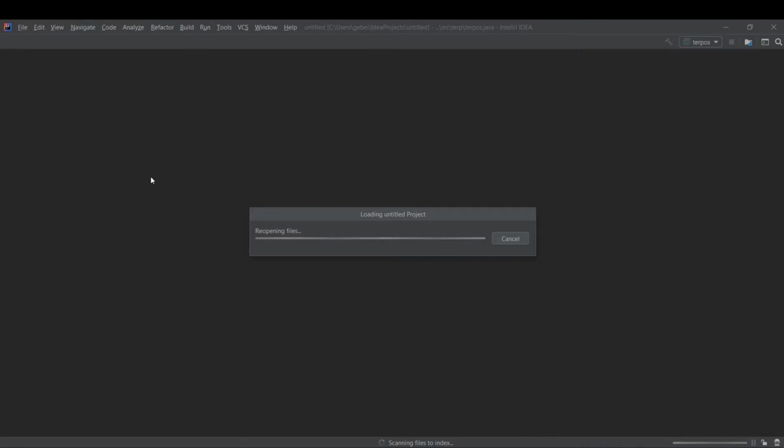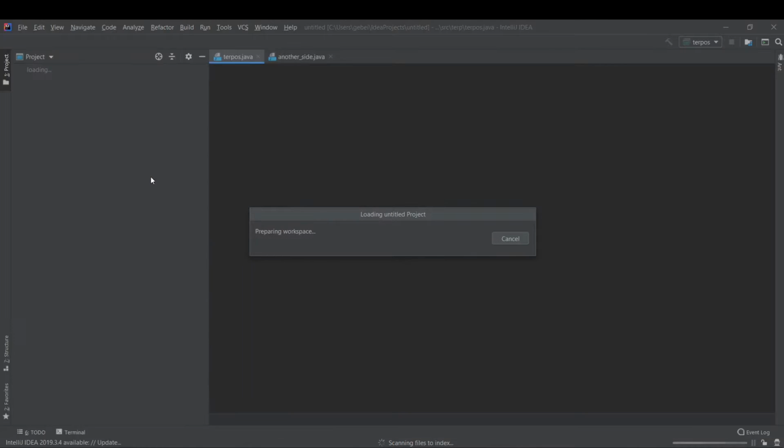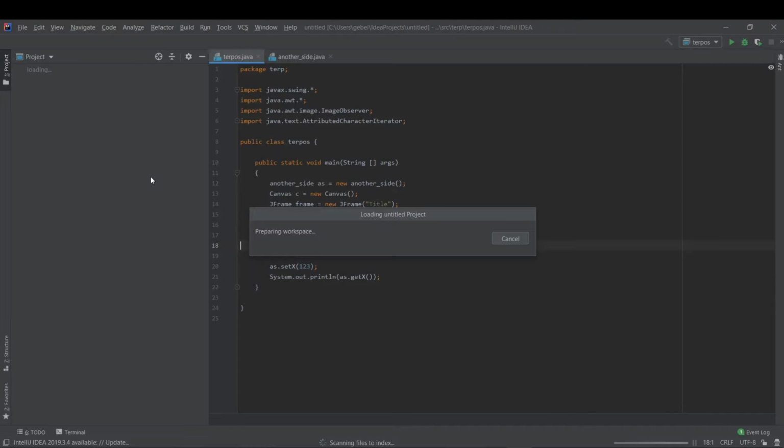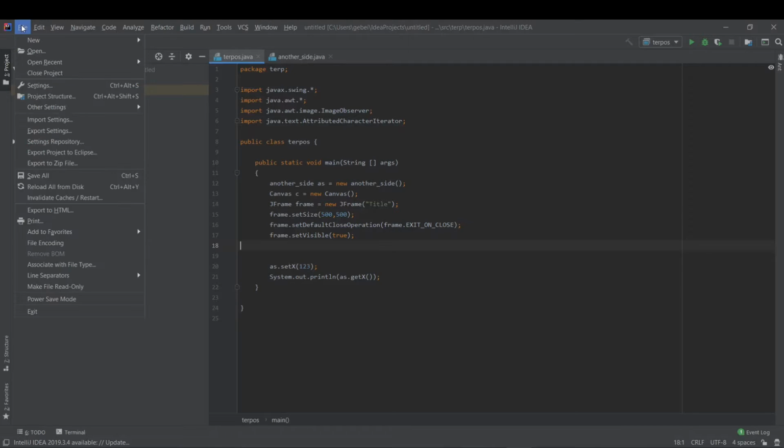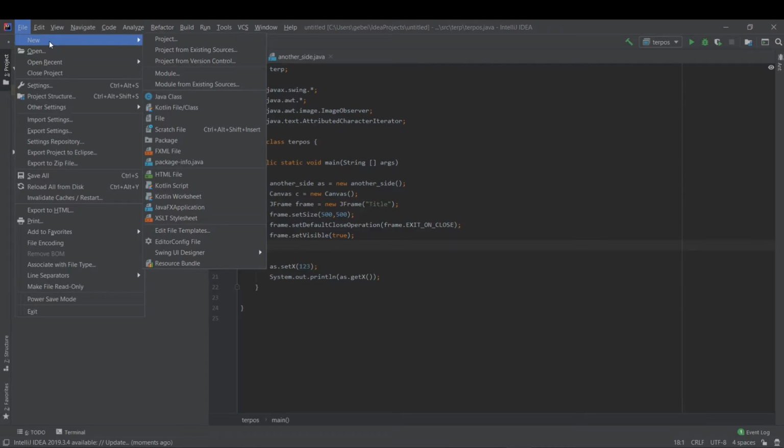If it's your first time, the welcoming screen may ask you to make your first project. If it didn't, you go to File. Oh, this thing is still loading. Okay, you go to File, you click on Project,